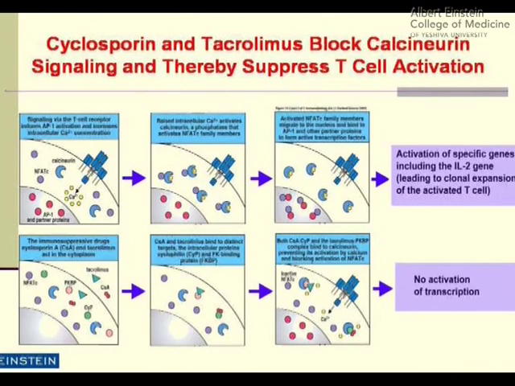Well, what happens if you block this process? Cyclosporin A and tacrolimus, working through different mechanisms but interacting with other cellular proteins, somehow block calcineurin. And by blocking calcineurin, you no longer have the ability to dephosphorylate NFAT, and therefore NFAT can't get into the nucleus. If it can't get into the nucleus, you can't get active transcription, and therefore the T cell won't get